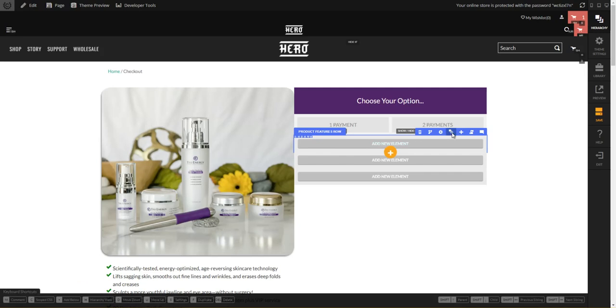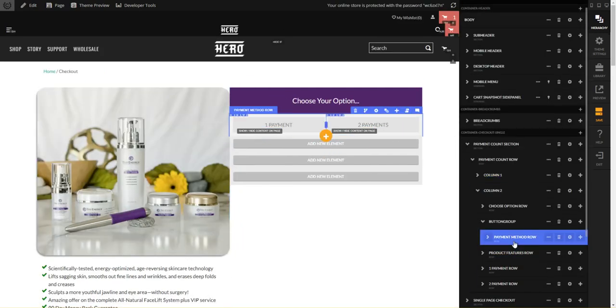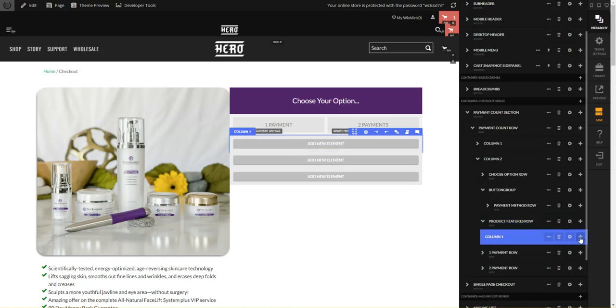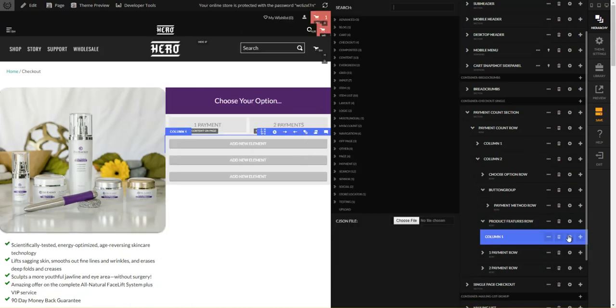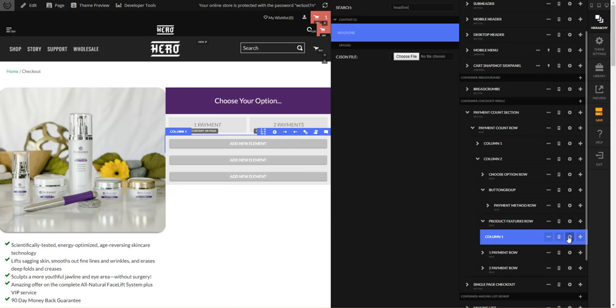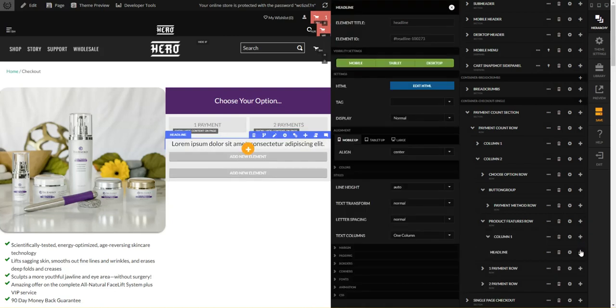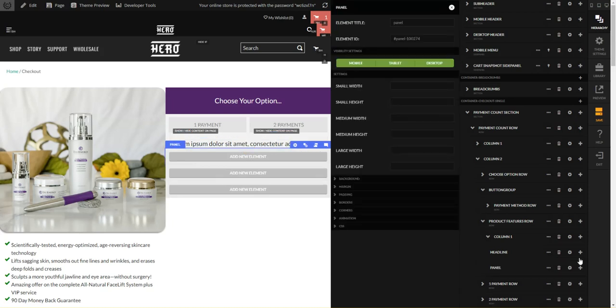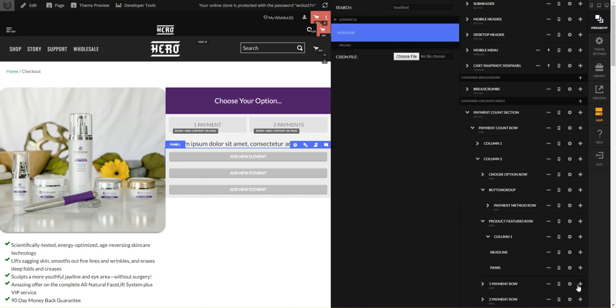So we'll just come into the hierarchy. There's our product features. And we'll start adding some content. So headline, and then we'll do that panel. And just a panel lets us arbitrarily control stuff. Think of it as like a div. So we'll add the headline that goes below,